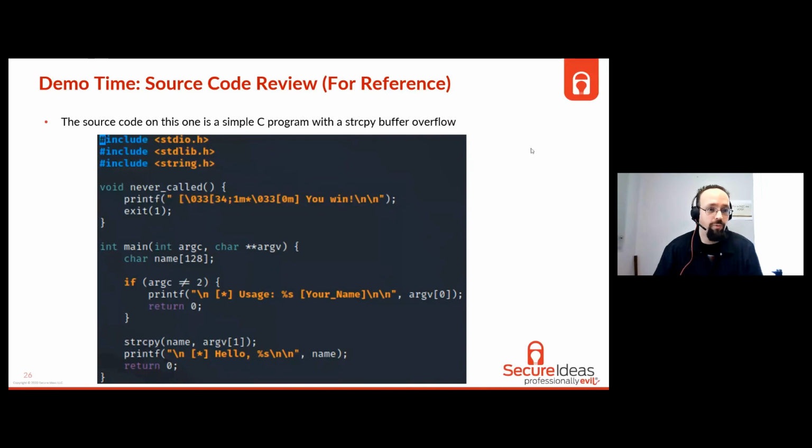So I wanted to first go over the source code here. This is the actual code for the binary that I created. The main function here, which is the entry point for a C program, checks to see: did we get an argument? If we didn't, then we print the usage, which is the program name plus your name. It's asking you to provide one. And then we use strcpy to copy this to a buffer that's only 128 bytes long. That's our buffer overflow right there, due to the use of strcpy. We print hello to the user, whatever they provided as their name, and then we return